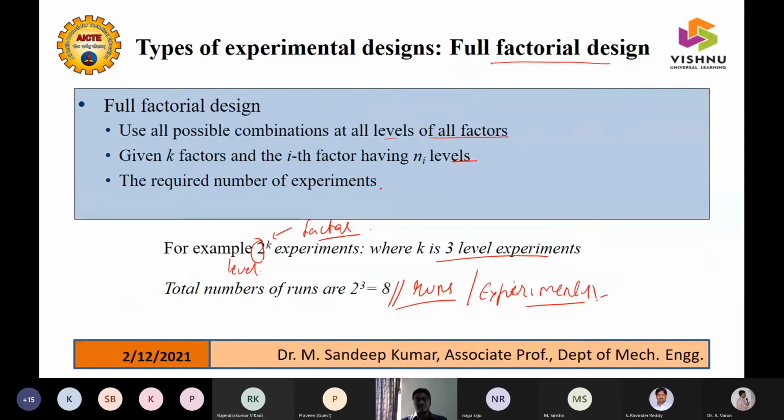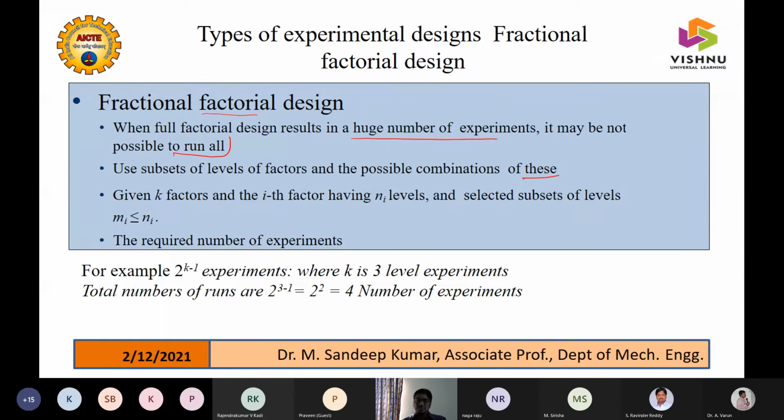So sometimes what happens is, as I told you, we are getting a huge number of experimentation. If you want to reduce, as we are looking into the green, white, green and yellow and red zones when we open the DOE in the software, in the same way here also, like fractional factorial, when it's not possible to do all the experimentation, then I can use fractional factorial. So instead of 2 to the power of k, it is 2 to the power of k minus 1, or it may be k minus 2 also, like when we see there in the chart.